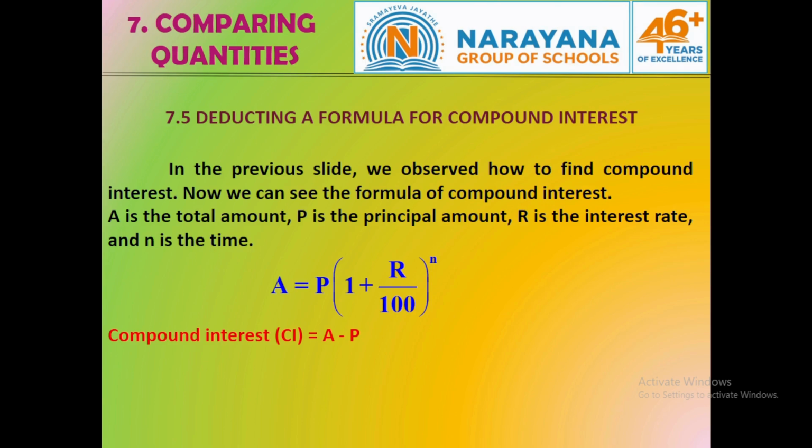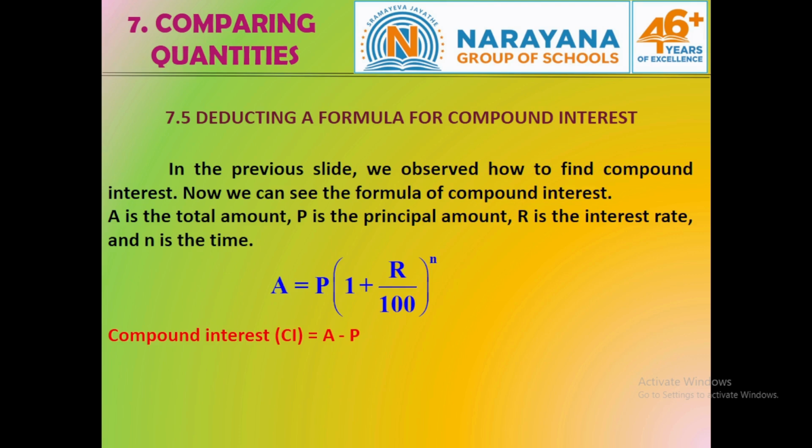A is the total amount, P is the principal amount, R is the rate of interest and N is the time period. So, A is equal to P of 1 plus R by 100 whole to the power of N. Again, A is equal to P of 1 plus R by 100 whole to the power of N. A means total amount, P means principal, R means rate of interest and N means